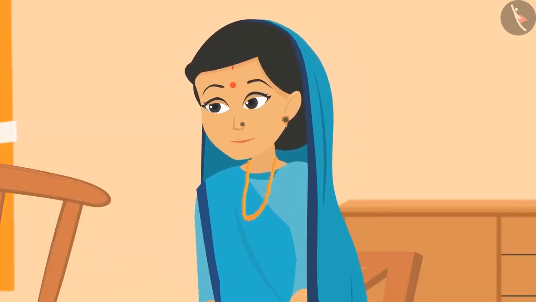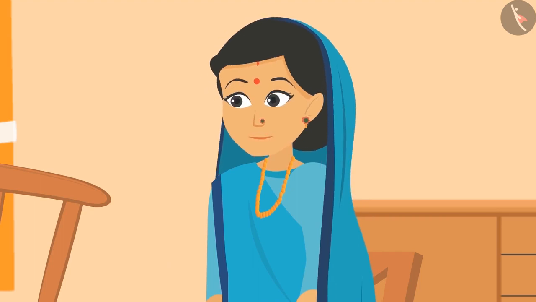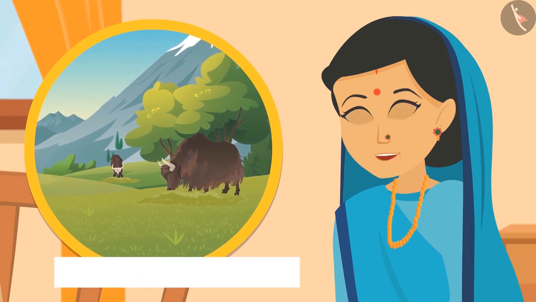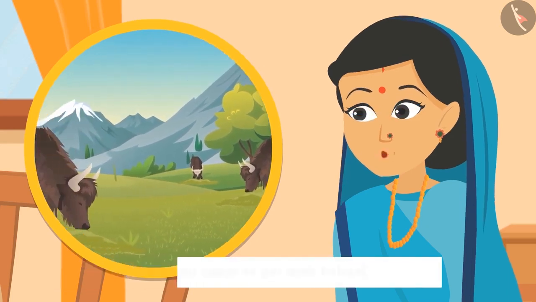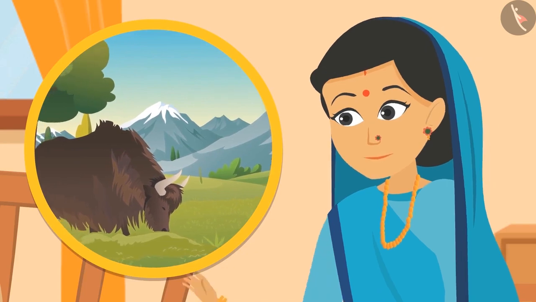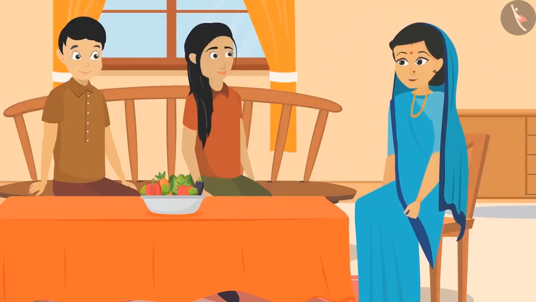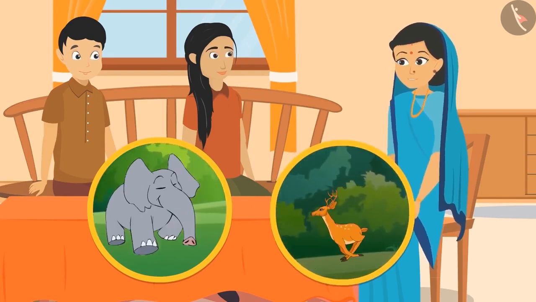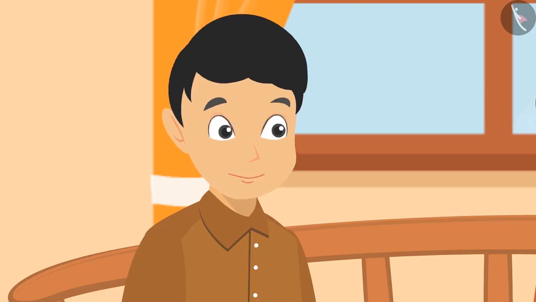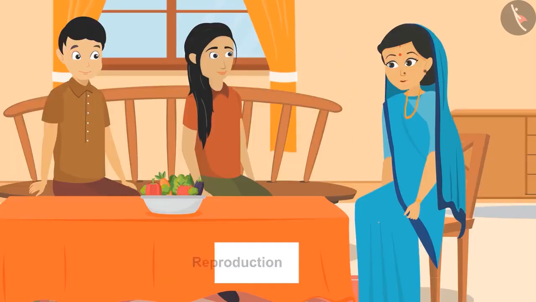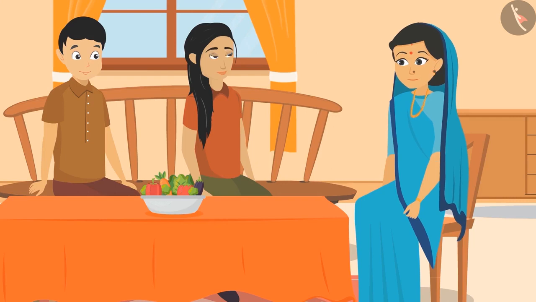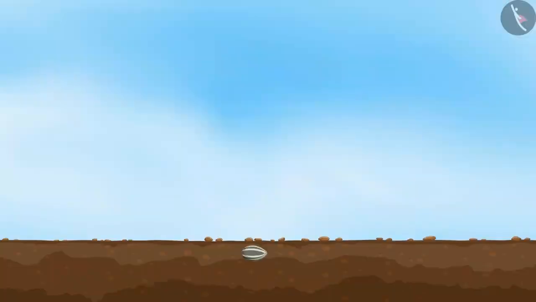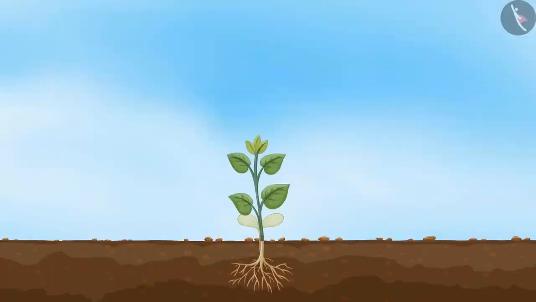Yes, you are right. But along with these variations, they share many similarities as well. Like, animals can adapt as per their habitat. They respire, consume food, and excrete. Some animals walk and jump as per their will. And there is one more task performed by all living beings. What is that? That is reproduction. It is the process through which animals multiply. Some organisms lay eggs and some give birth to their young ones. Yes, even plants reproduce through seeds.